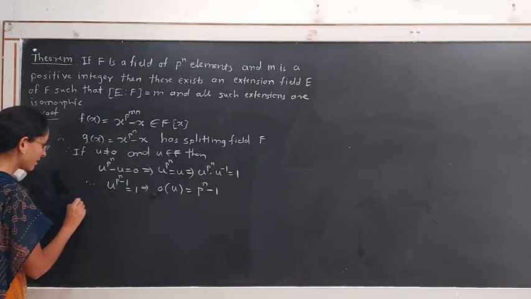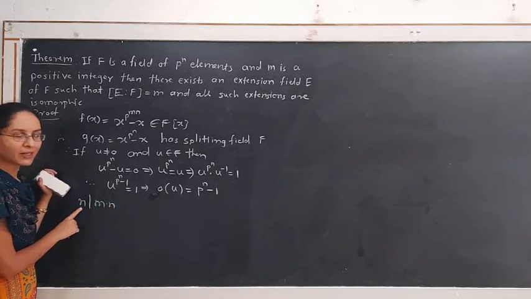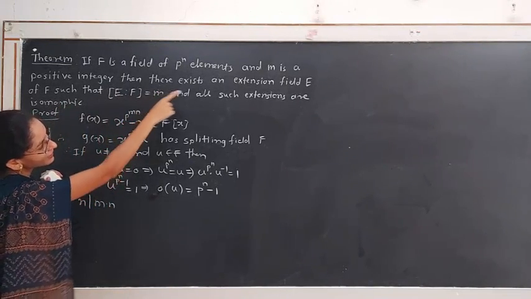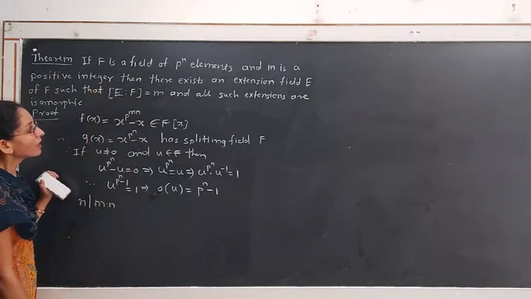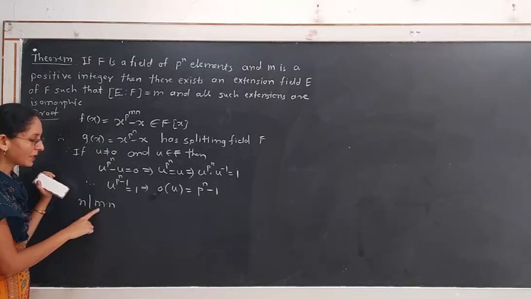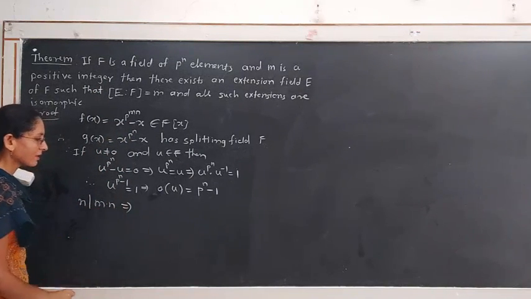Now we know that n is a divisor of m into n. N divides, if we have m as a positive integer, it is given that m is a positive integer. Also, this n is a positive integer. Therefore, n divides the product m into n. This implies